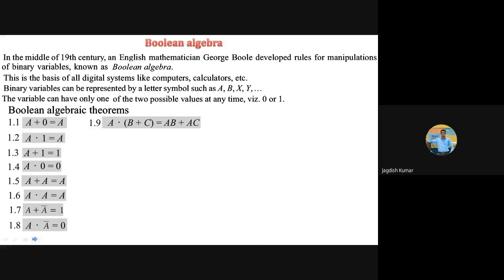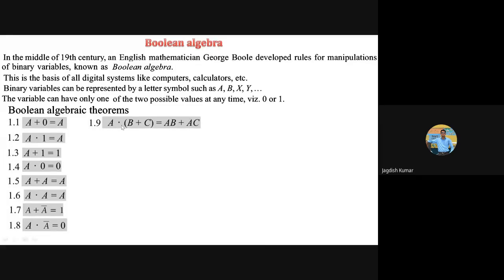So far these were the theorems containing only a single variable, right? When we have two variables or more than one variable, then you may have A and (B or C). A and (B or C) is equal to A and B or A and C. This looks very simple, like opening up the bracket. But in Boolean algebra, this is also the same way. And the only thing is that the outputs are either 0 or 1, right?